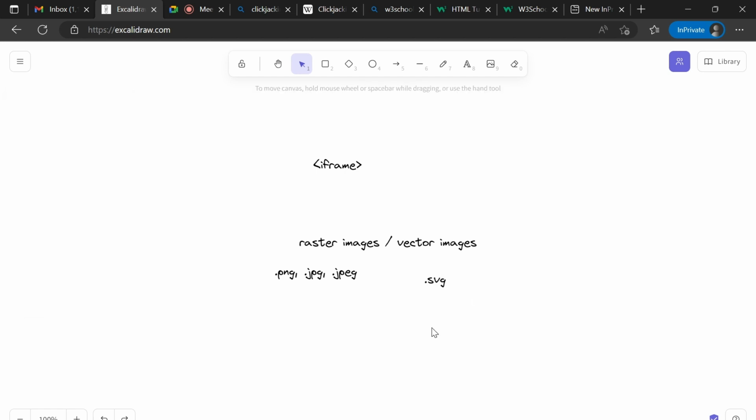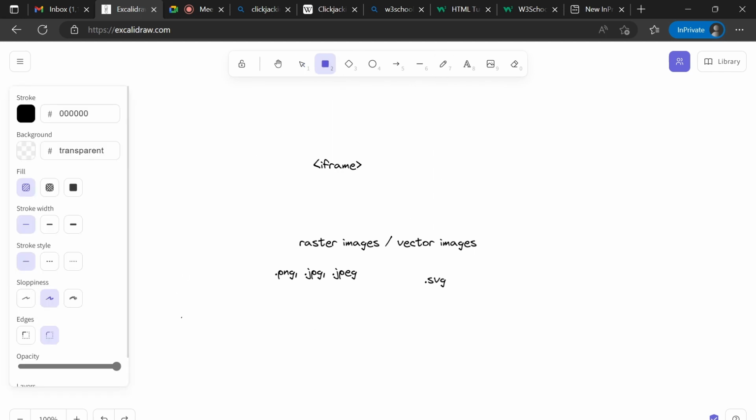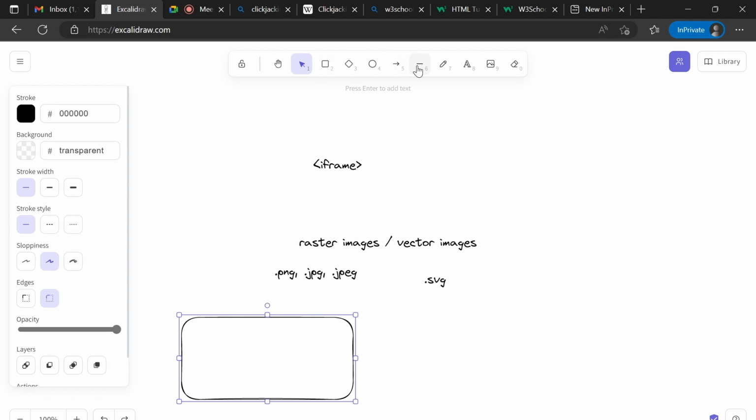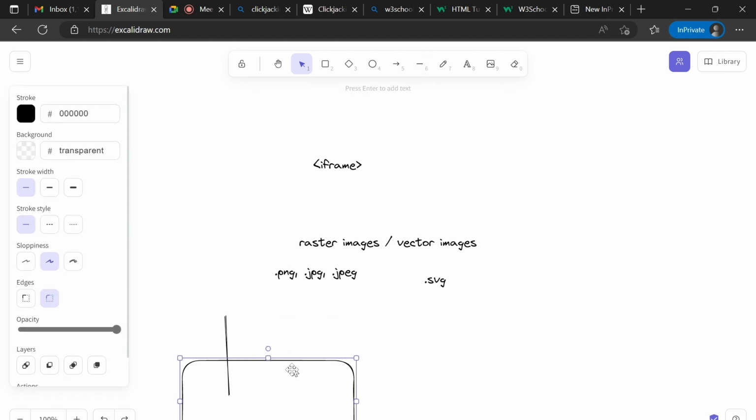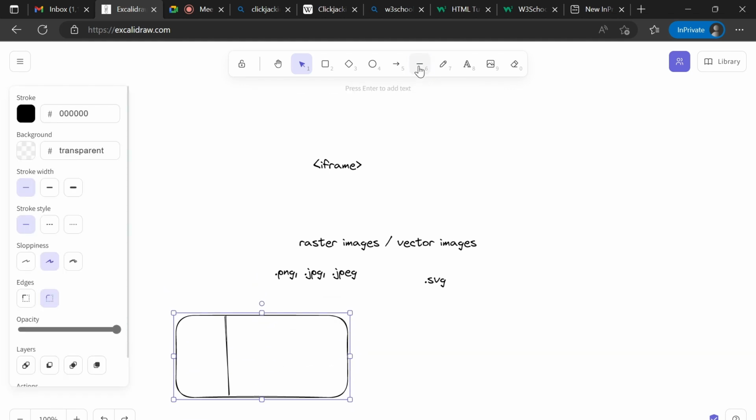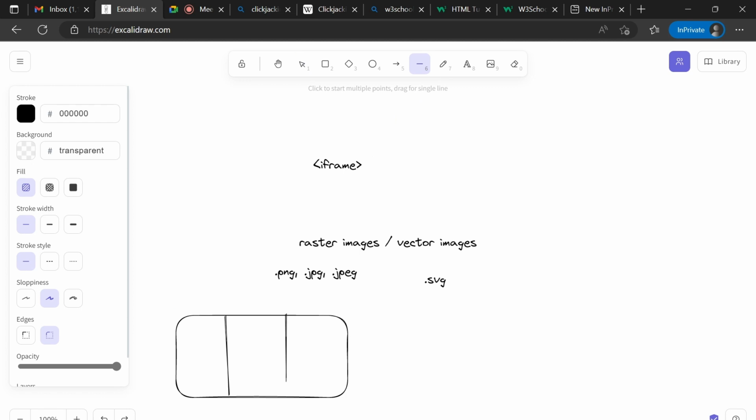So what is the difference between the two? Raster images use pixels. It will be like which pixel should be placed where and what color should be at that place.